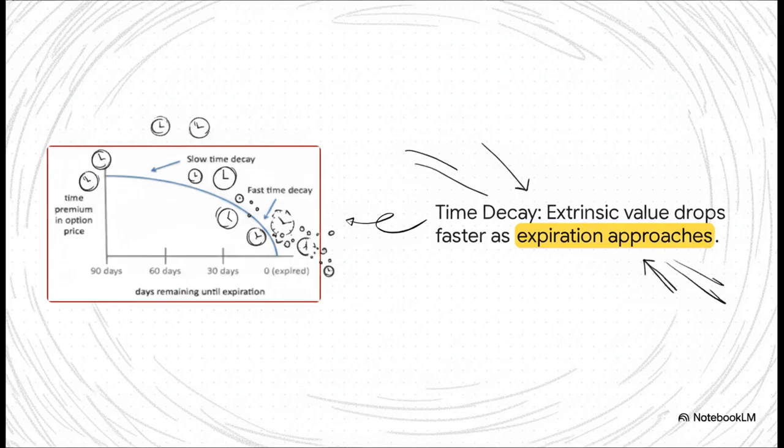Well, think about time decay. It doesn't just trigger a steady, linear drop in value. When you're, say, 90 days out, the decay is pretty slow. But as that expiration deadline looms closer, the value actually plummets at an accelerating pace. As time evaporates, so does the probability of a profitable price swing, and the premium just drops aggressively towards zero.